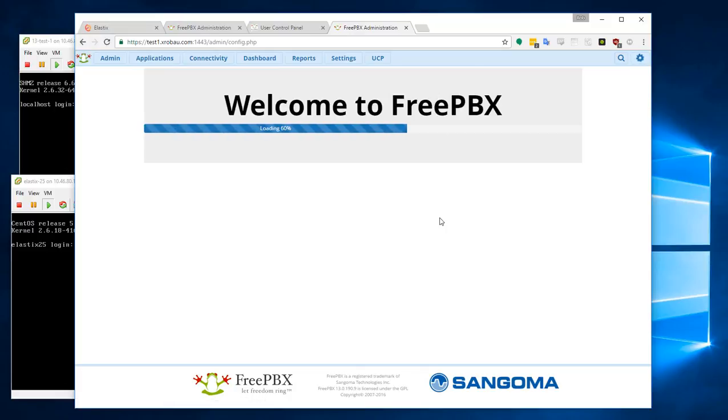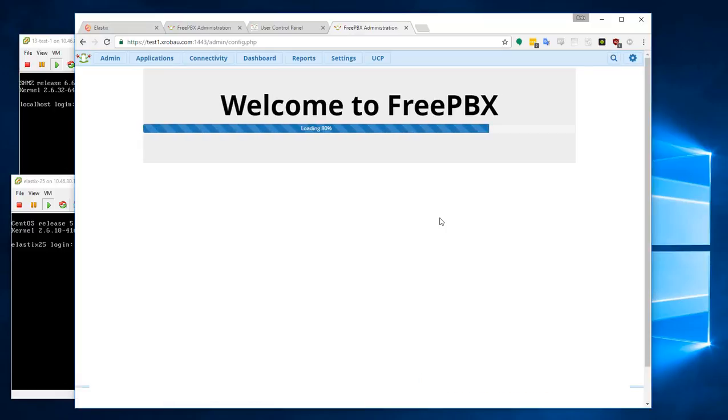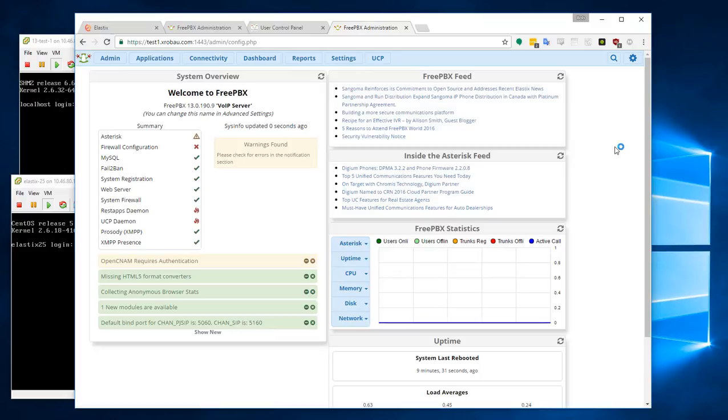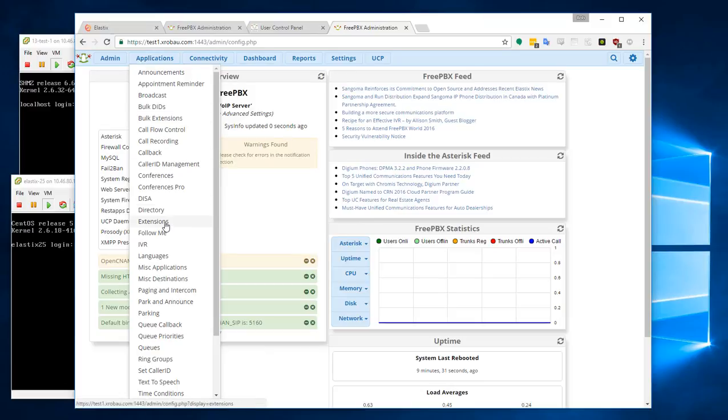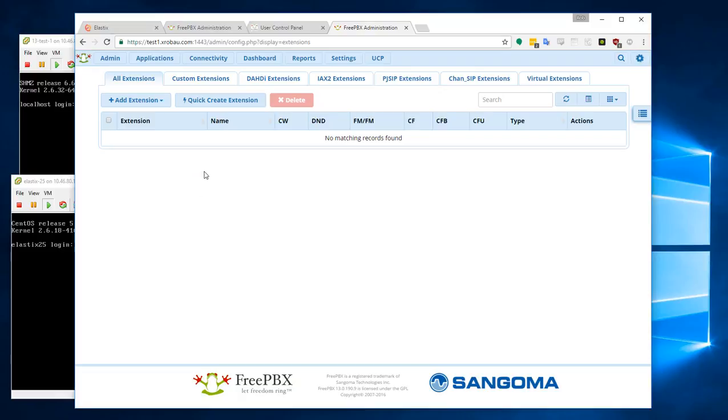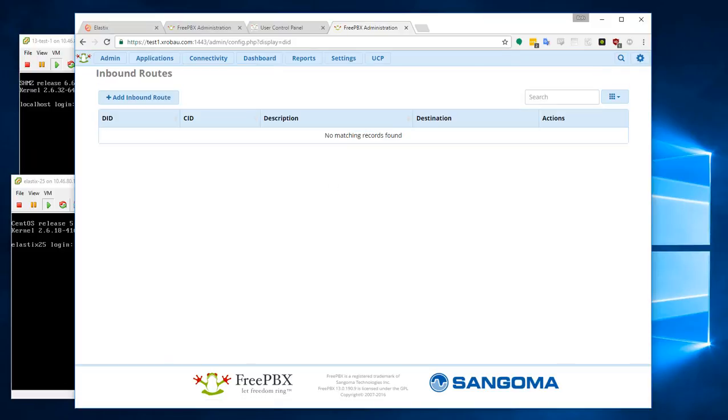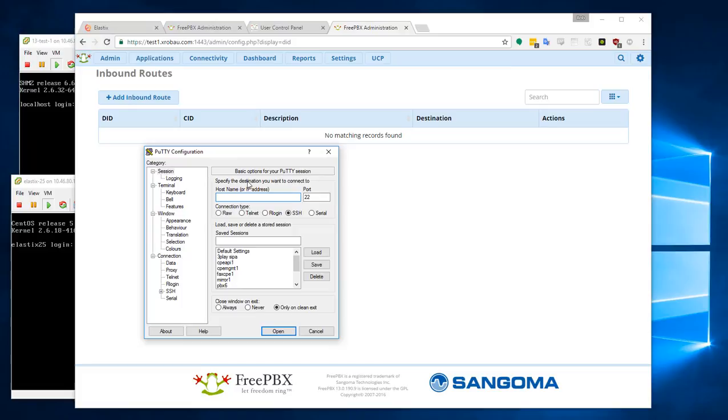Now I'm checking that the admin port is on 1443. And it is. Excellent. I'll just have a quick click around on this new machine so you can see that it is actually empty. There aren't any extensions, there aren't any routes, it is completely empty. Now, after I've done all of this and I've proved that this is an empty machine, I'm going to finally start the